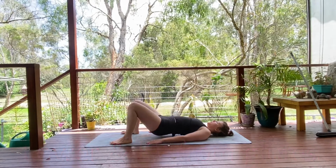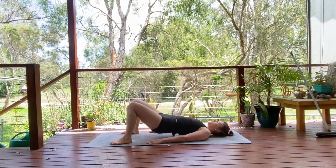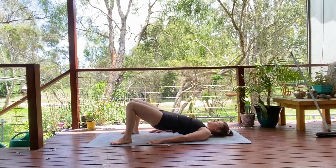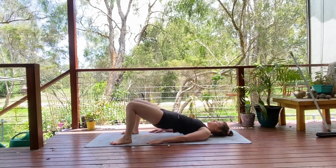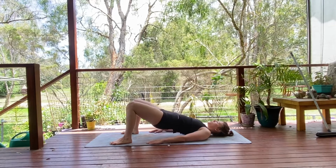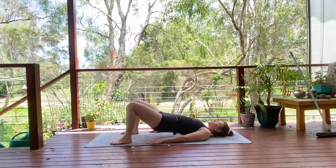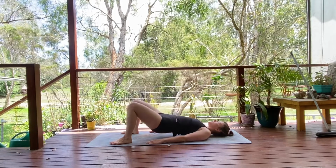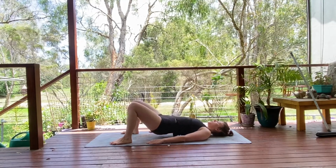Then breathe in, lower from your hips, exhale as you lift from the hips. Inhale lower, exhale lift, aiming for a round of 10. 9, 8, 7, 6, 5, 4, 3, 2, and 1. Can keep going for a few more rounds there,